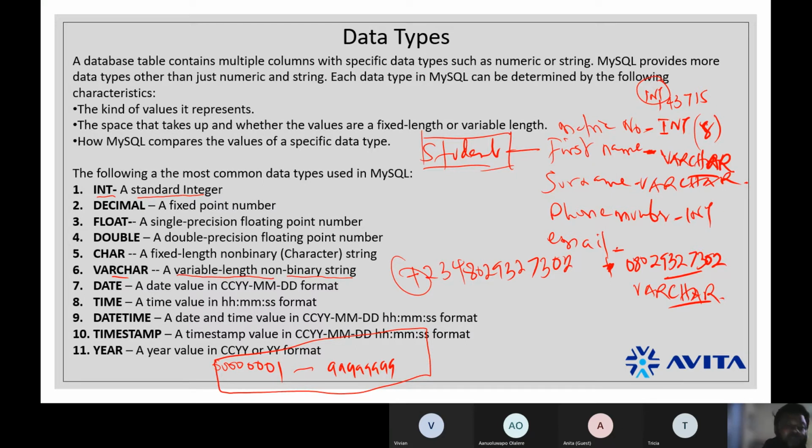and it's not an alphabet. It is what we call a special character, basically. Therefore, the only data type that allows for special characters would be varchar. Varchar, right? So phone number, if it is just numbers, it's integer, and if it has a plus sign, then it's varchar. Of course, email is also varchar. Right?